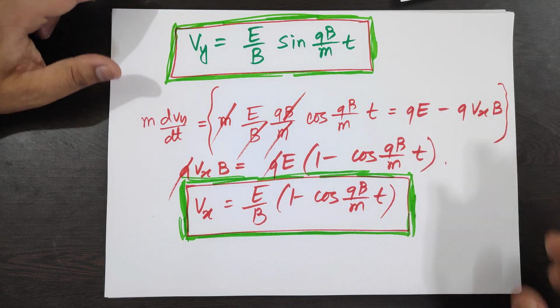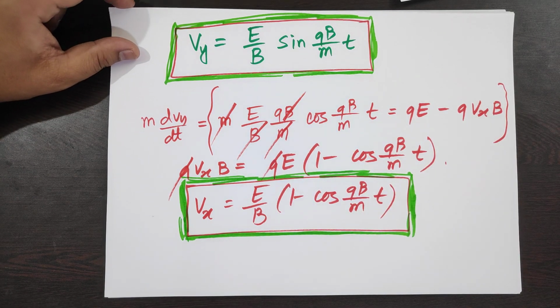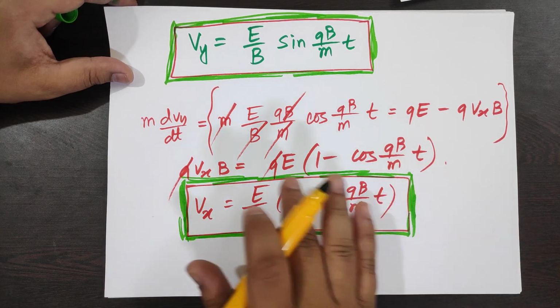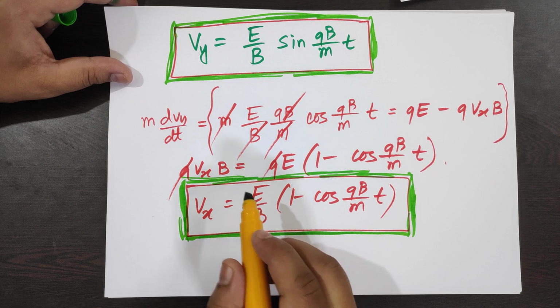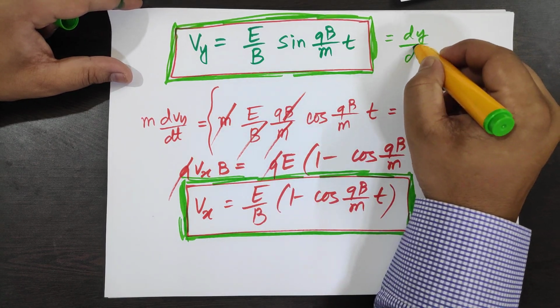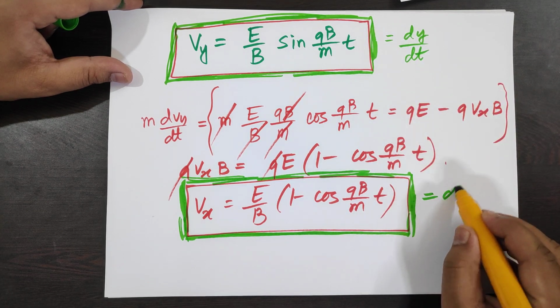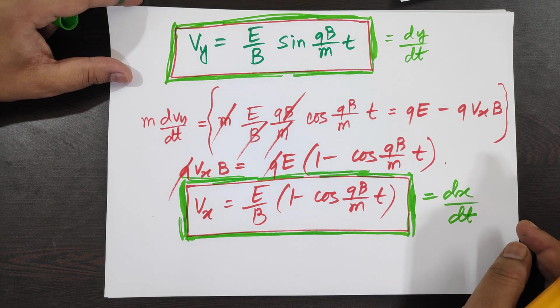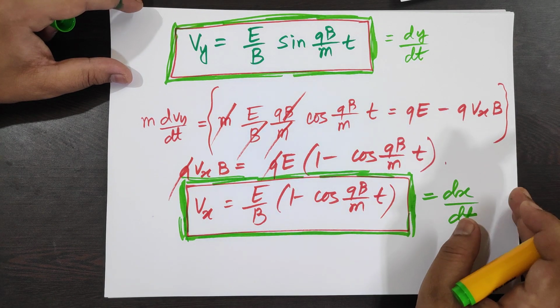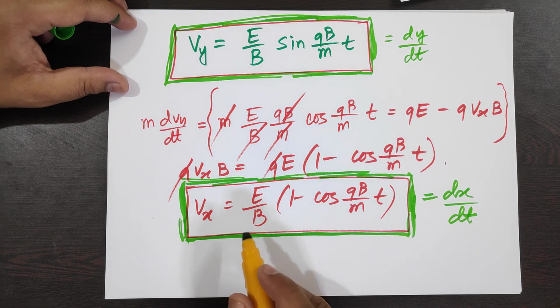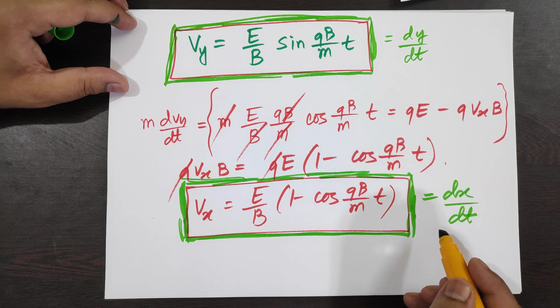Now this thing reminds us of the cycloid. See, what we can do is that we can integrate it. There is no harm in it. So we can do that actually. So we can substitute here dy/dt, and we can substitute here dx/dt. Obviously we can find out this x and y in terms of time. So at start, obviously x and y both are equal to 0, so we can find that out.